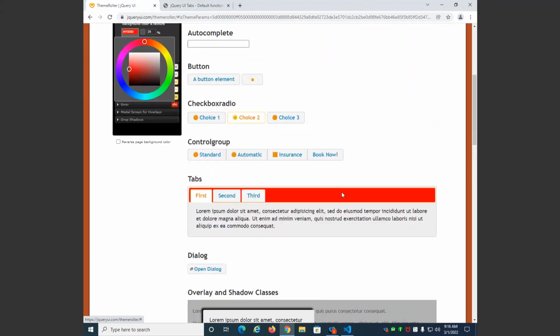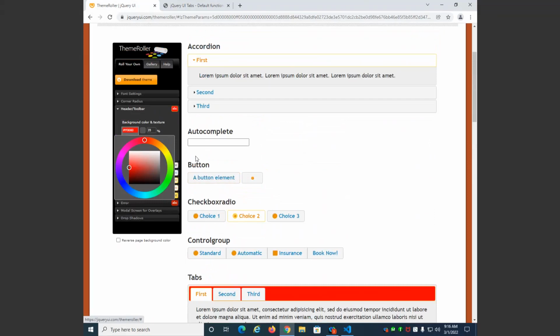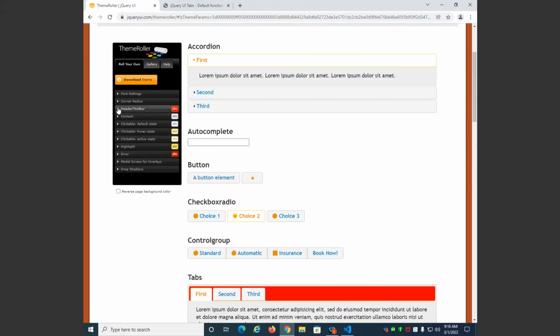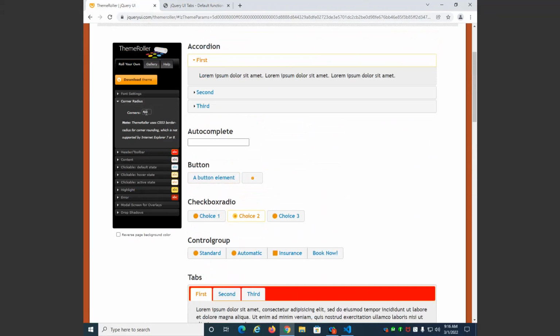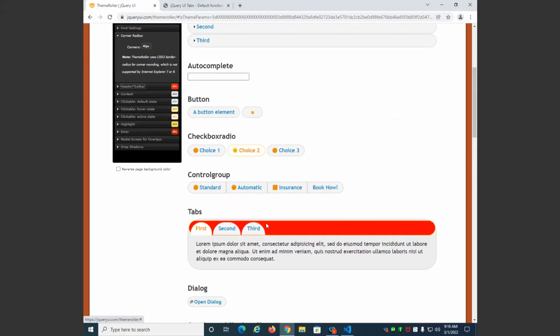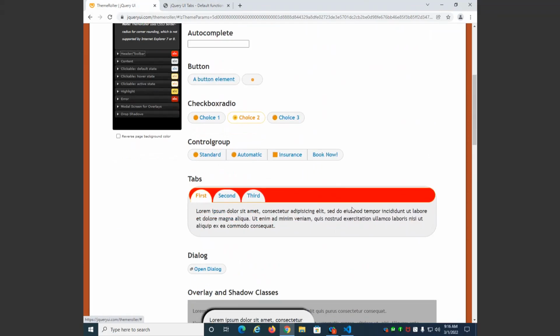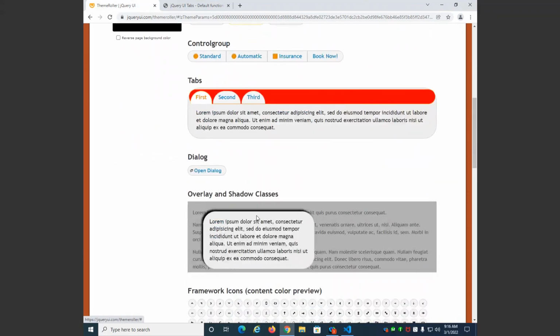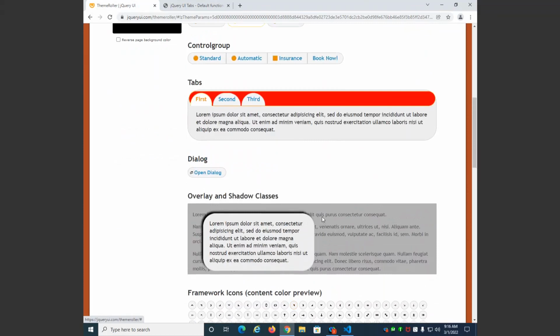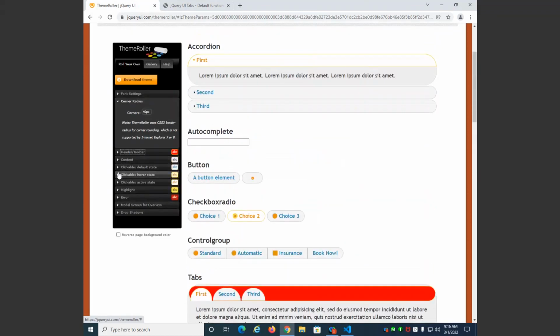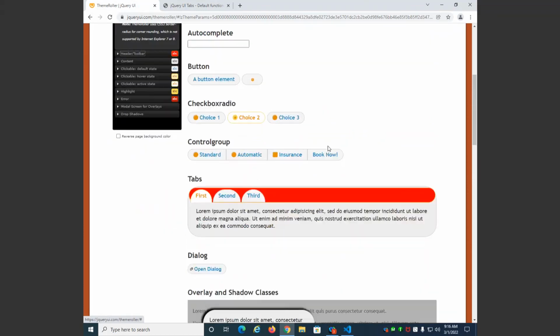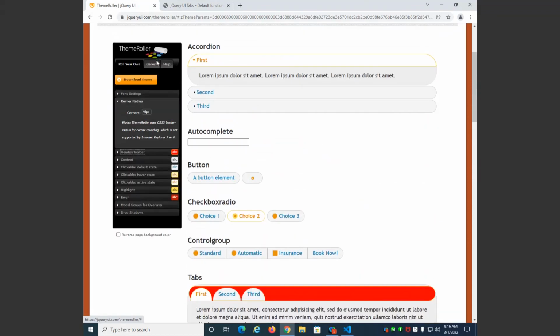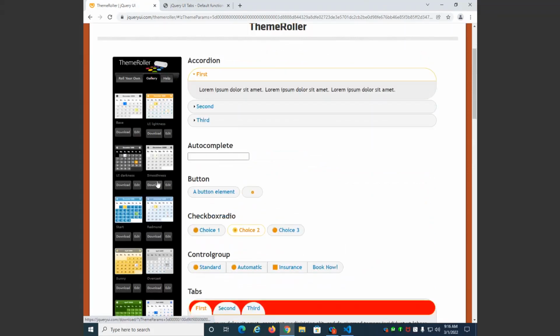All right. And you can do that for each one of those elements. So corner radius, 4 pixels. I could make it wider curved by putting in a larger number there. And there my tabs and the header bar have a much greater curve, and this has a much greater curve, and so on down the line. If you play around with this, you can figure out what controls what and make it look the way that you want to. So you can either pick a theme that they have defined,